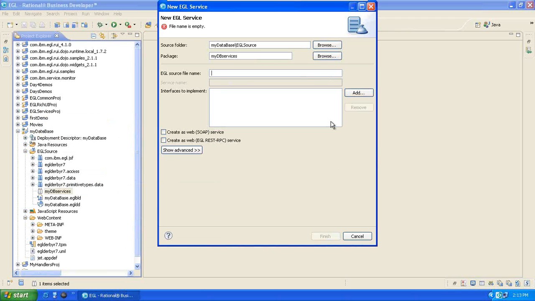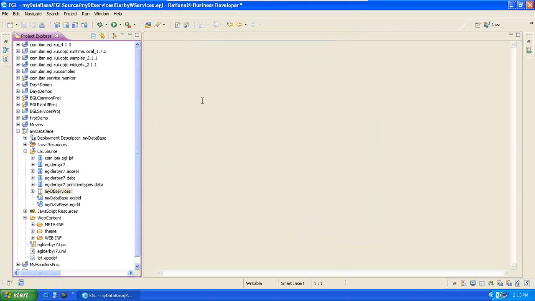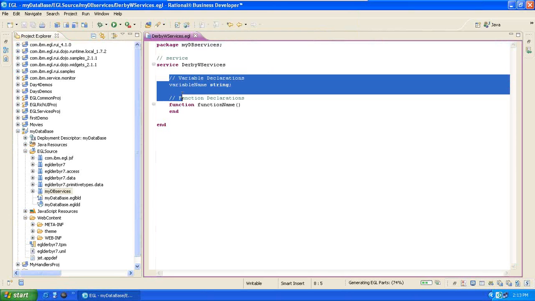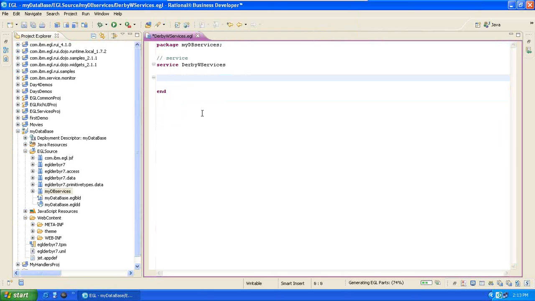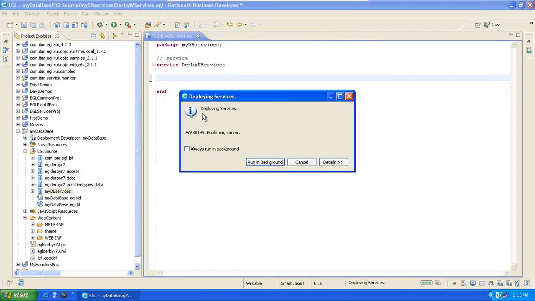My DB services, it's up to you, give it any name. DB web service, SOAP service, finish. Just remove the default generated code here. Create your